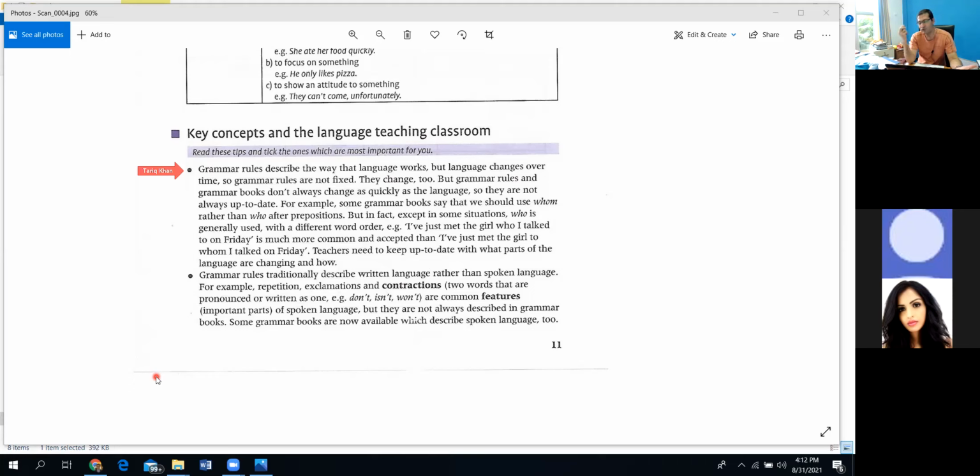Otherwise it's only used for legal purposes, like "the document shall be written in this way." So that is the legal term. Other than that, in common English, we don't use shall. We use will for all. So that's how the change happened with the course of time in the language. And that's what they are talking about here. Right. They say the teachers need to know about these changes, and they need to keep